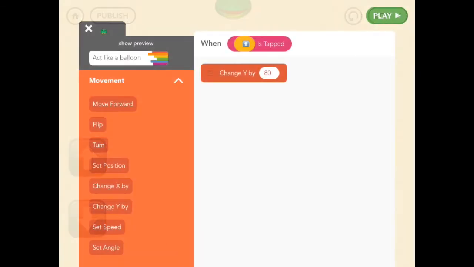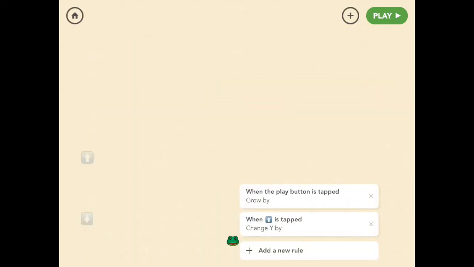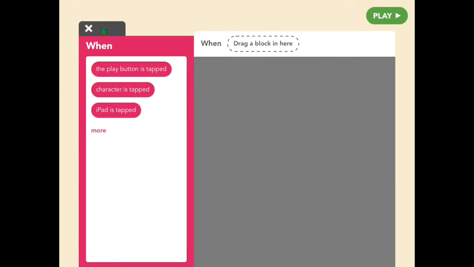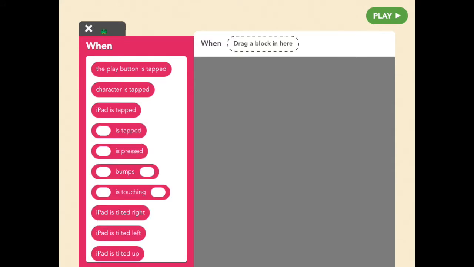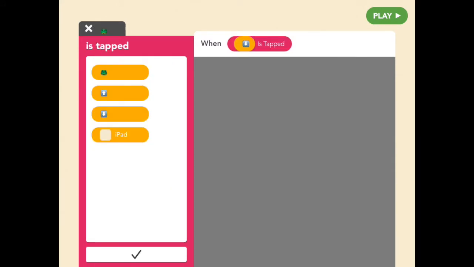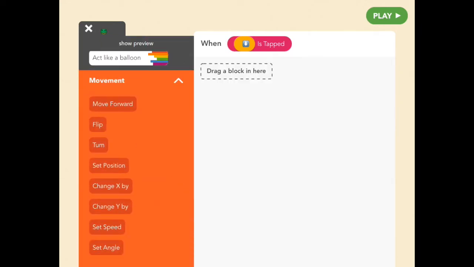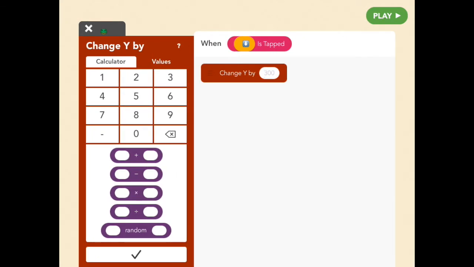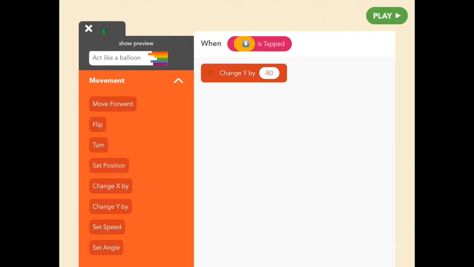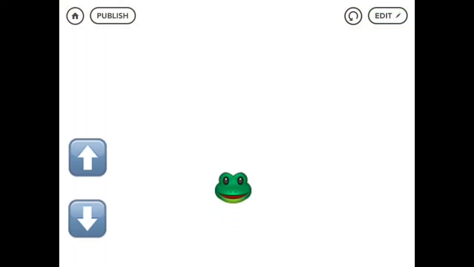Okay, so it's working. Now, if I go back into my editing screen, I need to make the frog move down when the down arrow is tapped. So I'm going to say when the down arrow is tapped, I want the frog to move down, which is on the Y axis again. And I'm going to make the number 80, but I don't want it to move forward 80. I want it to move backwards 80. So I use the negative sign and it actually goes backwards 80. So let's test that out. So if I move up and down. Now, if I get all the way up to here,